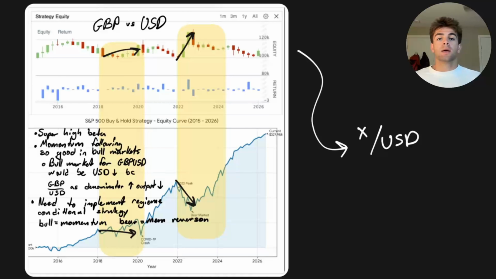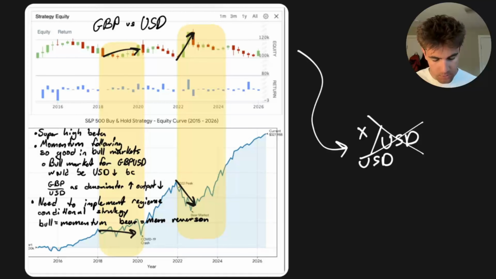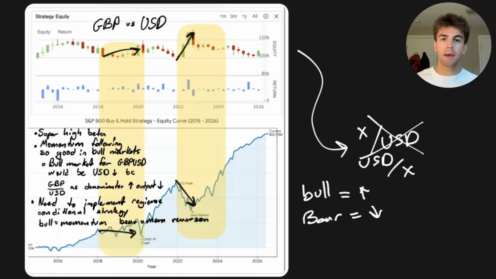Starts climbing up. Then the insight that this led me to is that I need to create a regime-changing strategy. Now say this was the opposite of this and it was USD first, it's a momentum-based strategy. So in bull markets, it performs very well. And then in bear markets, it performs poorly. And I had seen this before, but I had never actually seen the effect of it on an equity curve of a strategy that I actually developed.